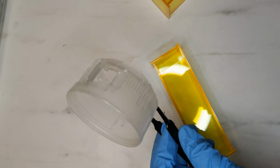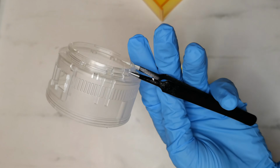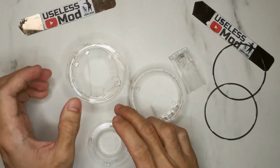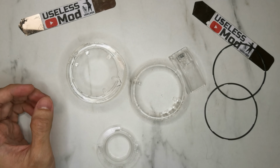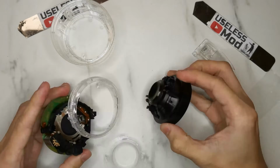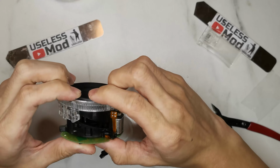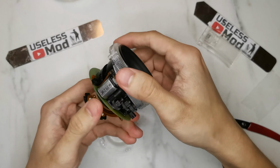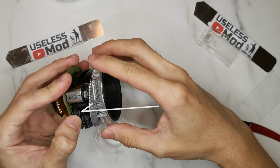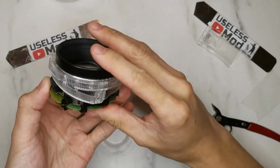You can see it's a bit opaque and not transparent, so I need to add a clear coat on top. After adding the top coat, you can see it's much clearer and transparent. Now trying to put back the focus ring, the main body, and the front element back together. Test if the focus ring can turn smoothly. You can see when I push that gear away, the motor is disengaged, so you can turn the focus ring